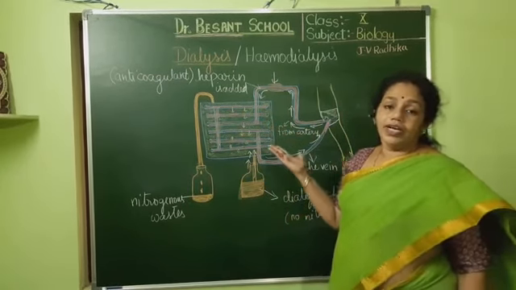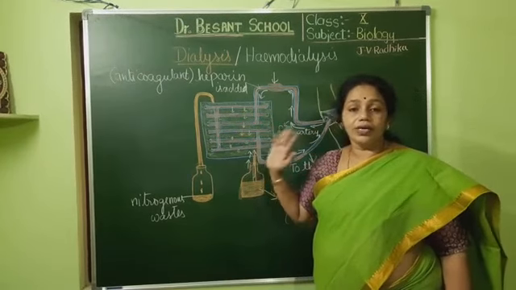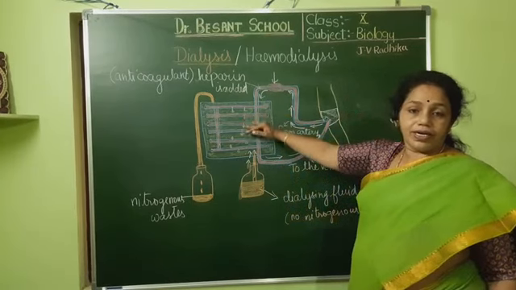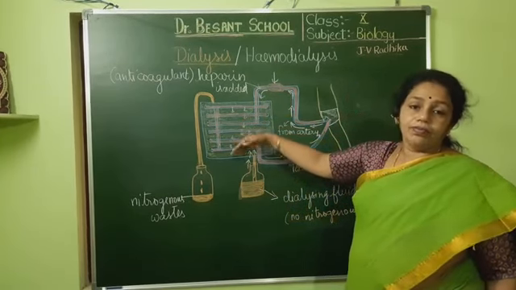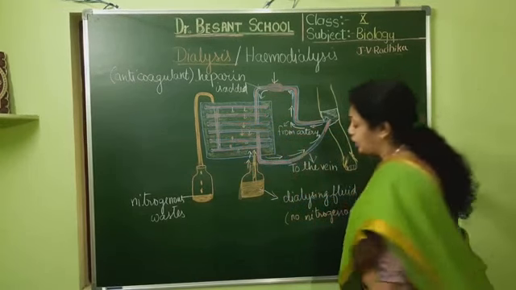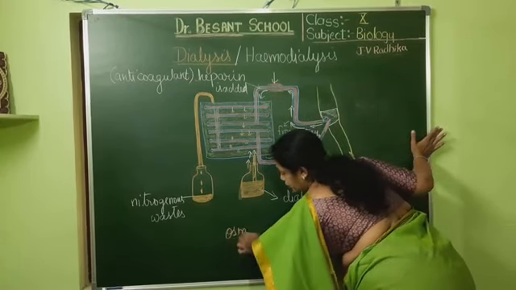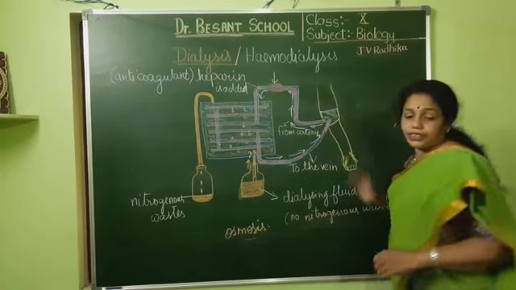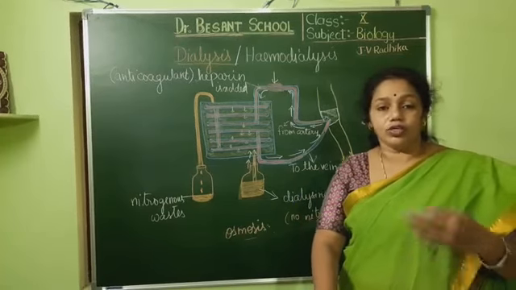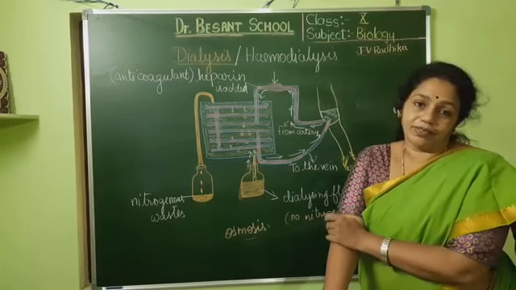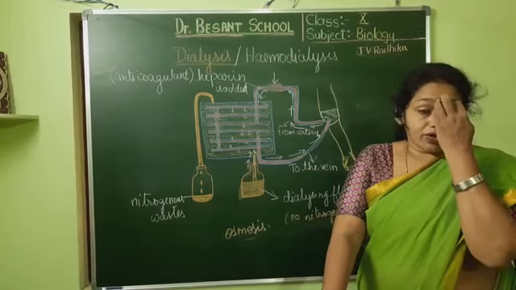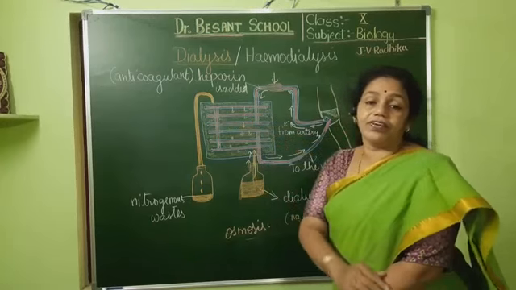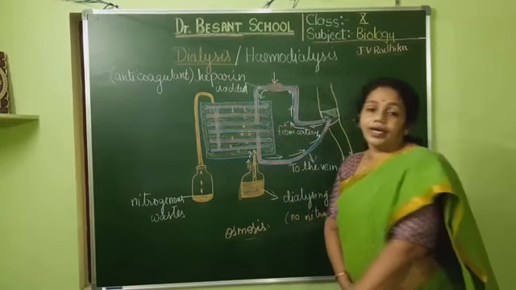So it is similar to our kidney. But how is it different from the kidney? I told that the waste is collected from the blood into the dialyzer by the process of osmosis. What is osmosis? It is not merely the substances but also some amount of fluid or water that goes along with the waste substances. Nitrogenous waste on their own cannot come, so all of that moves together. So here it moves into this, but it is different from our natural kidney in one way.